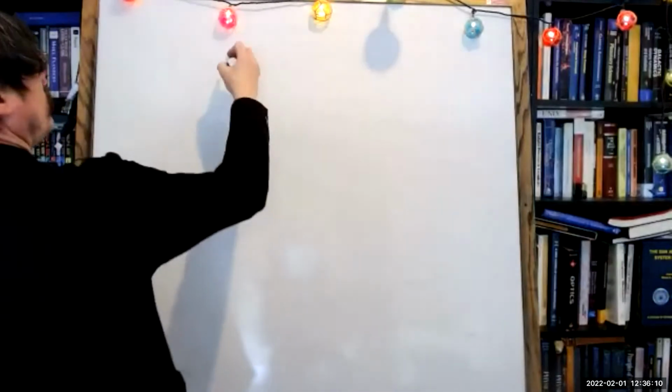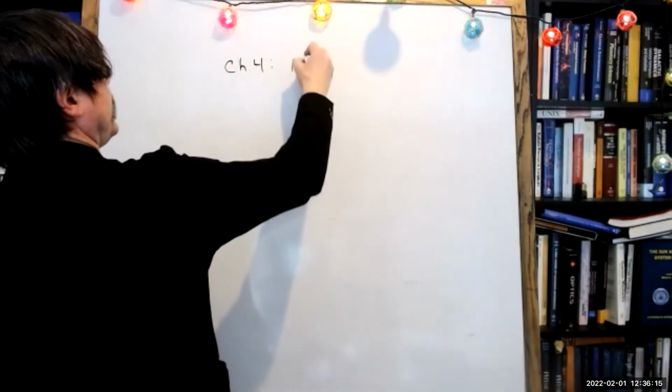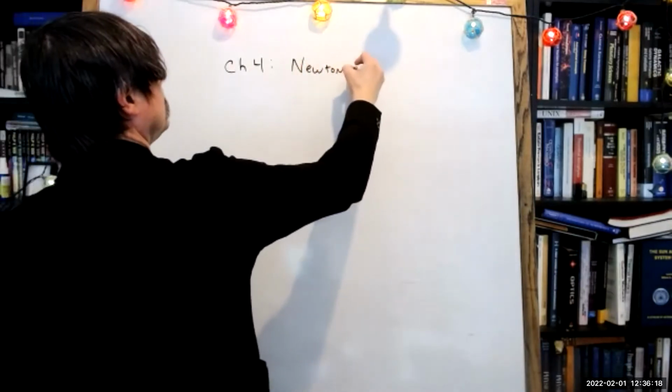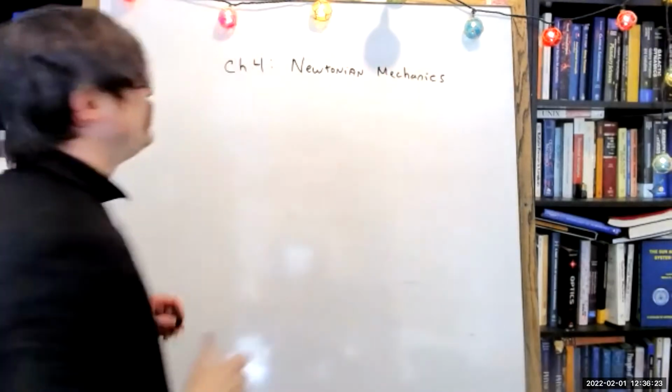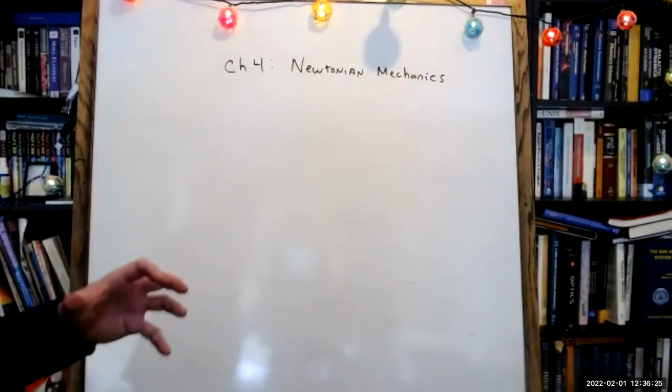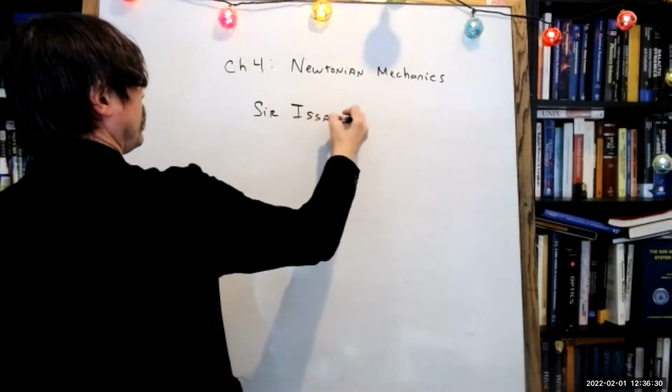Okay. So we're going to transition now. The Kepler's Laws was a little section from chapter 3. And we don't have to read all of chapter 3 because we're not doing the full history of astronomy. We just need Kepler's Laws. And now we're going to focus on what the book would have as chapter 4. And it's sort of like Newtonian mechanics. Newtonian mechanics means we're going to spend an entire chapter on the works of Sir Isaac Newton,